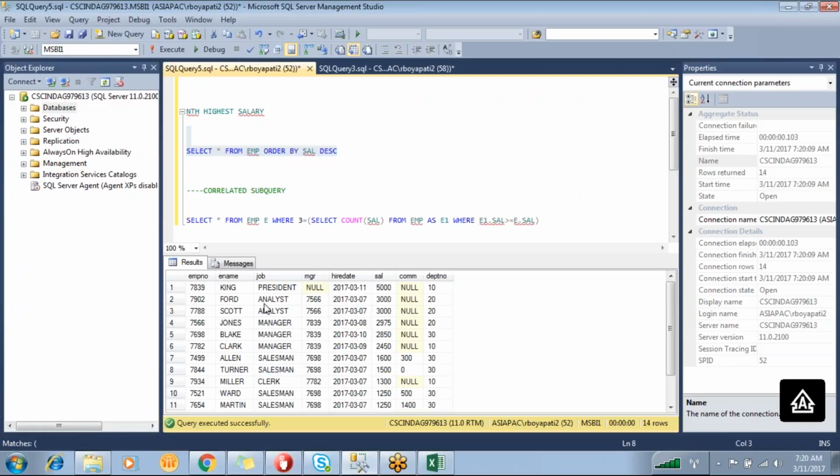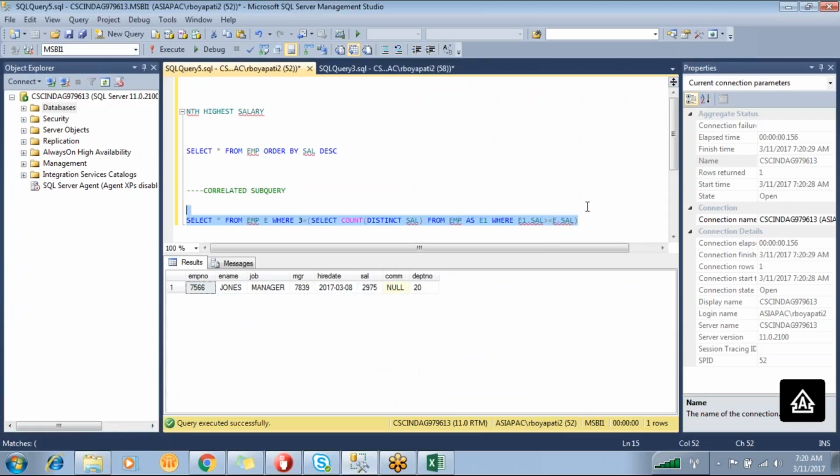The second highest salary is 3000. Whenever a salary repeats more than once, you may get wrong results, so you have to put distinct salary. So if you are executing